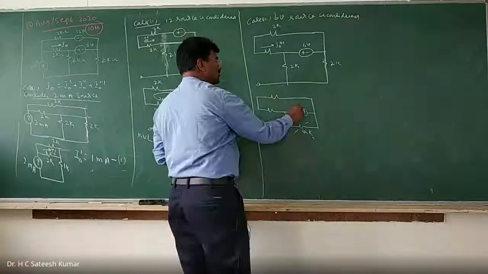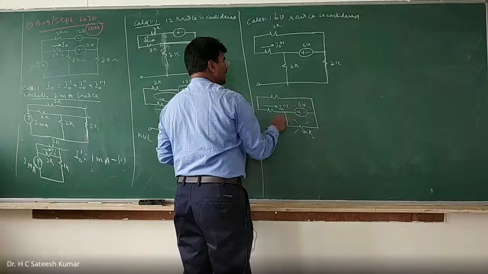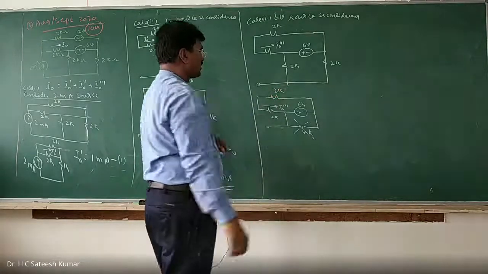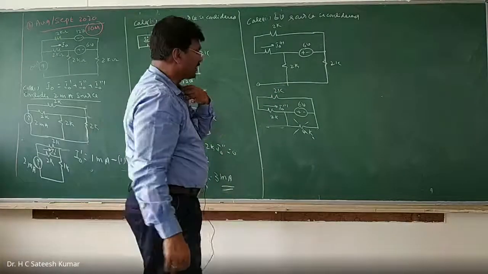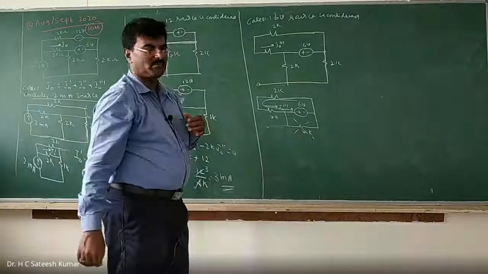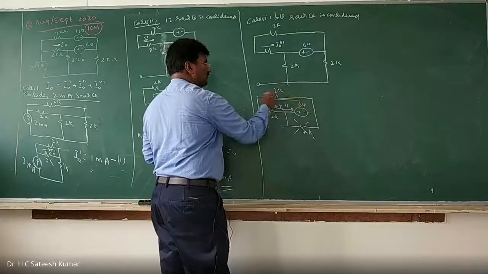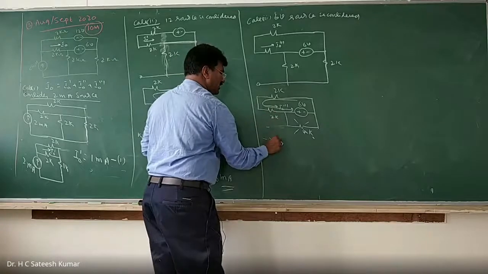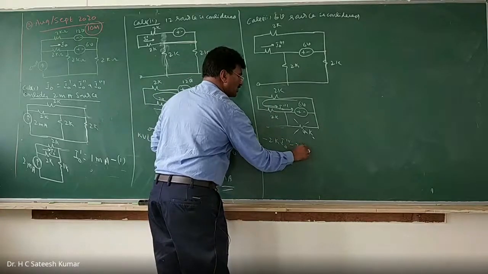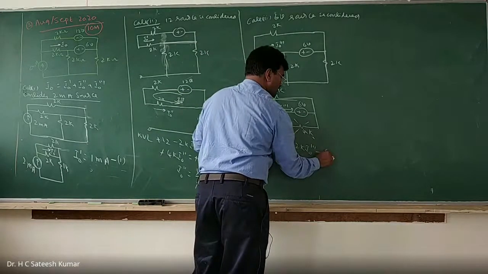So therefore, this will be 6 volts, and this is your I naught triple dash, and this will be 2k. This is 2k. Direction is very, very important here. Apply KVL. Current is also the same thing, you take it. Start from this point: minus 2k into I naught triple dash, minus 2k into I naught triple dash, plus to minus is minus 6, is equal to 0.